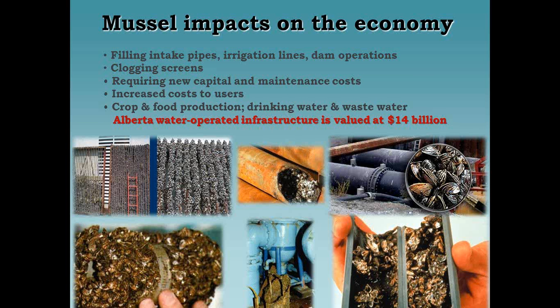So in terms of economic impacts, that's probably why we're seeing the mussels as kind of the poster child for aquatic invasives. It's not that other species aren't a huge concern as well, but these ones really have impacts on everyone, including anyone who uses power. So utility rates increase as a result of increased maintenance and replacement costs to water treatment plants, wastewater treatment plants, irrigation, agriculture. Any kind of pipe in the water is really at risk here. And we know here in Alberta that our water-operated infrastructure is valued at about $14 billion. So that's a lot of money, and that does not include what would happen if we missed the boat, so to speak.